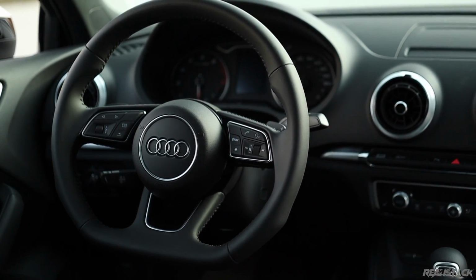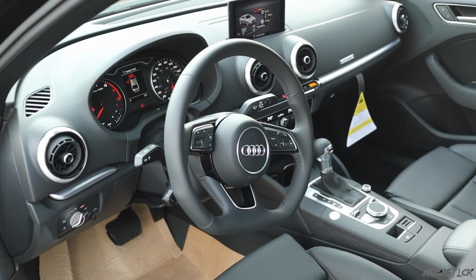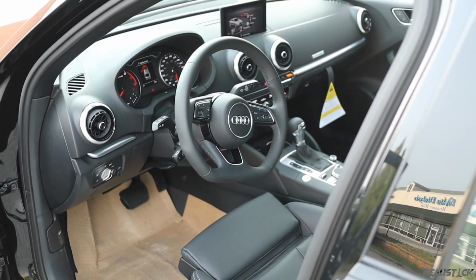I mean, it's actually really sweet. The leather feels high quality, but the steering wheel itself just looks very Audi. And that's one of the biggest compliments to this interior. It looks like a freaking Audi in here at 33 grand starting. And by the way, I'd highly recommend the final edition package if you can find one, because it's only $800